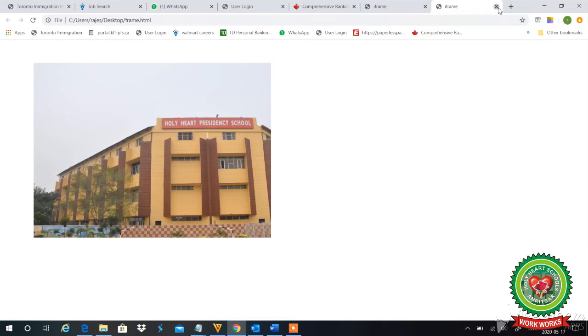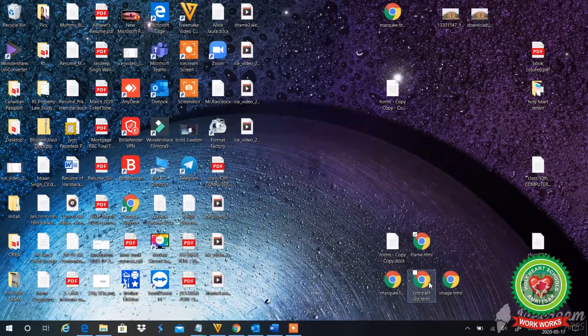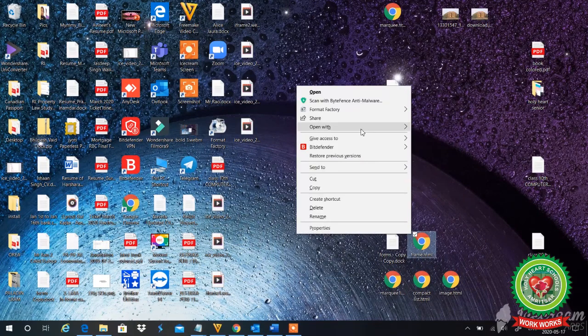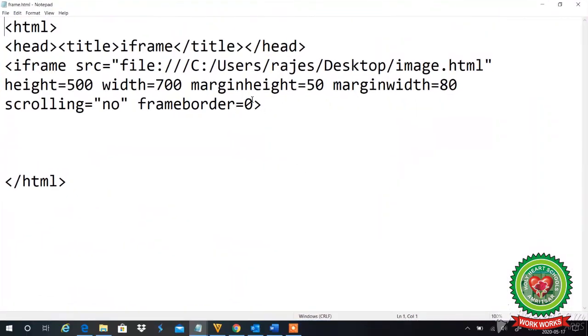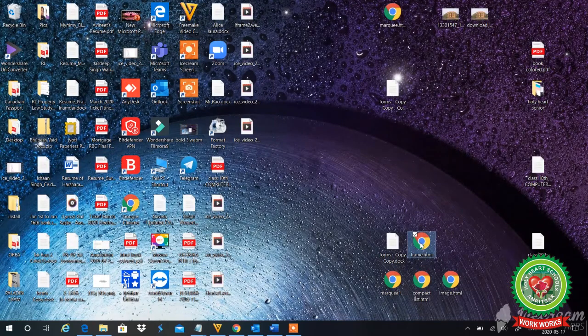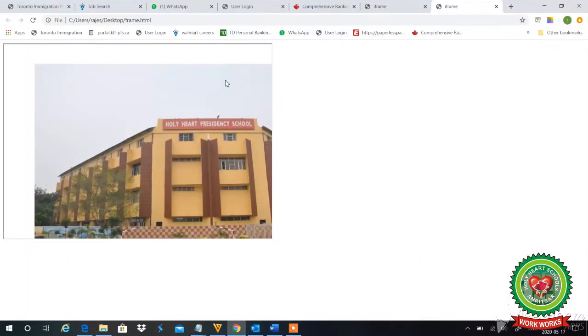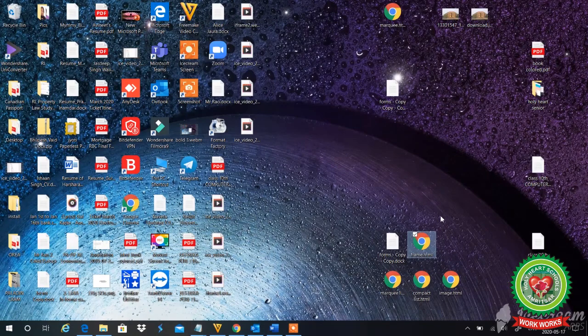If I want the border again, what I'll do? I will write 1 in place of 0. I'll save my work. Now, see the output. See, gray color border is coming. Next, we are having the align attribute.